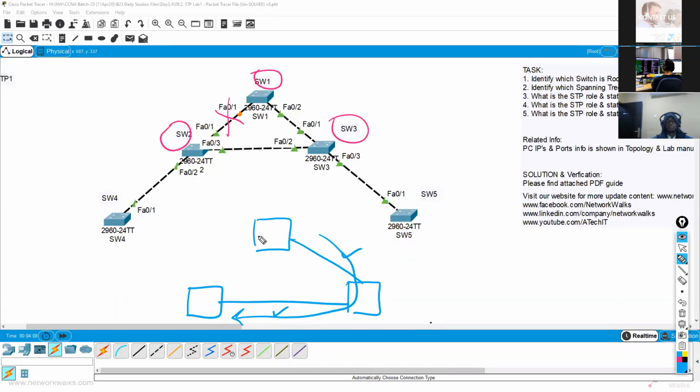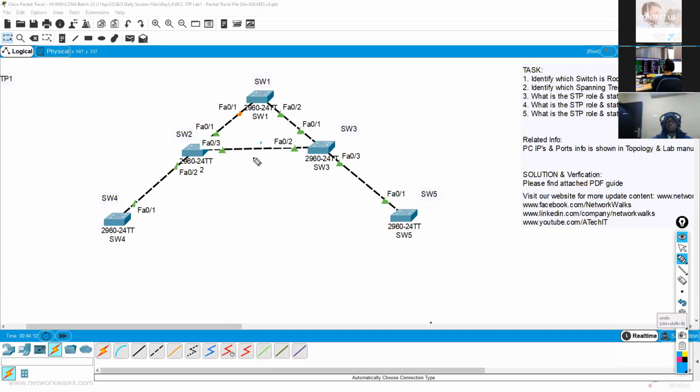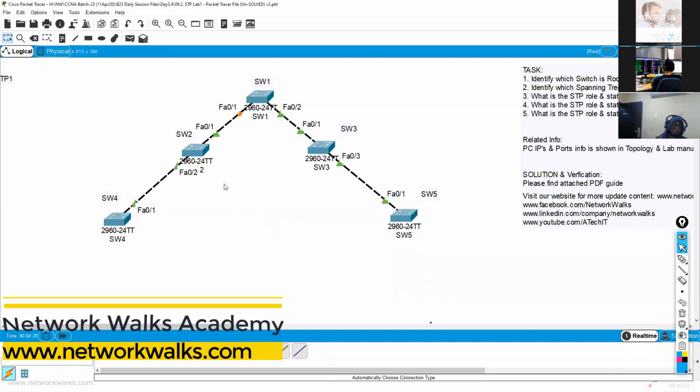to block it temporarily. But if by mistake, if by any chance this link goes down, then this link will be automatically enabled. So I can show you as well. If I delete one of these links, then you will see that link will become active automatically, after the negotiation. It will renegotiate after the timers, and finally this link will come up as well, because now the communication is down between them.